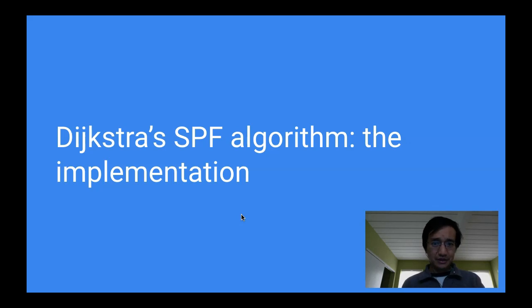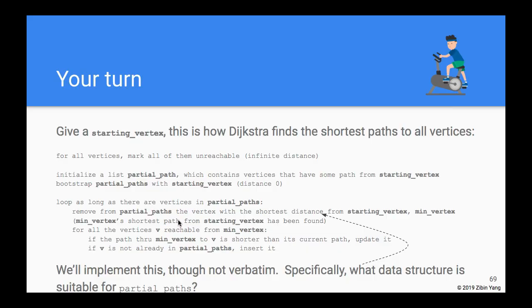Hi, so we're finally ready to talk about the code for Dijkstra's shortest path first algorithm. So here is again the pseudocode for Dijkstra. We're gonna implement this almost verbatim, but not quite. One small change that we're gonna make is